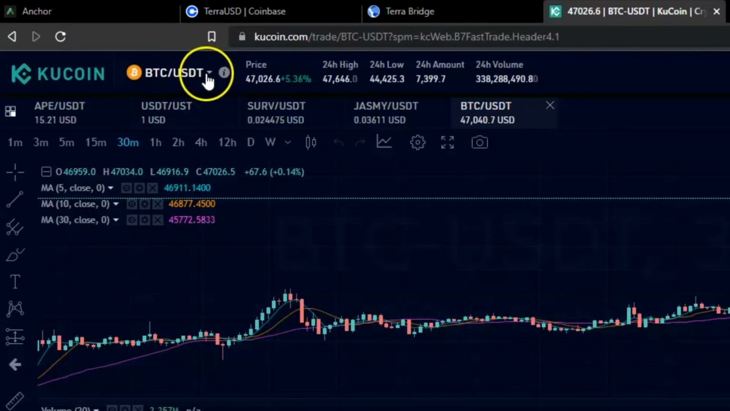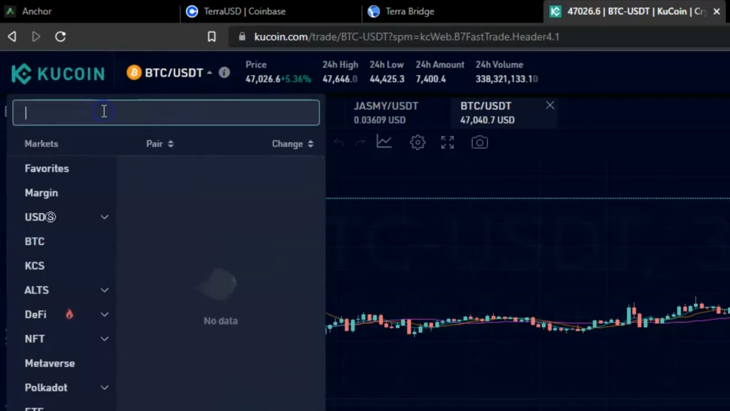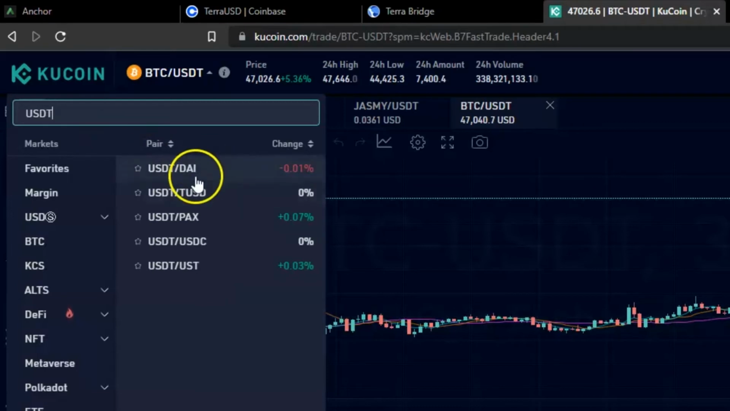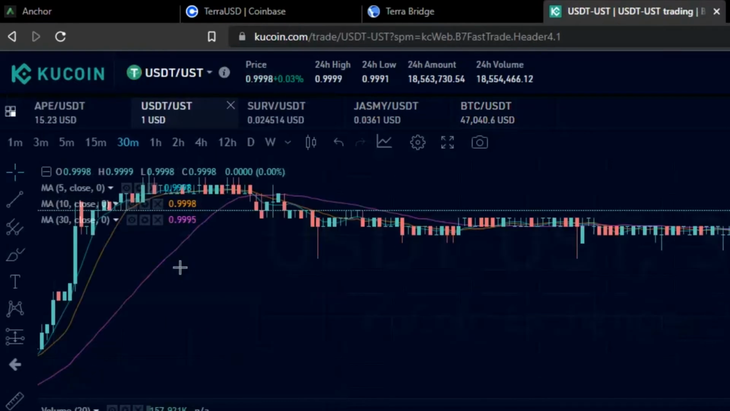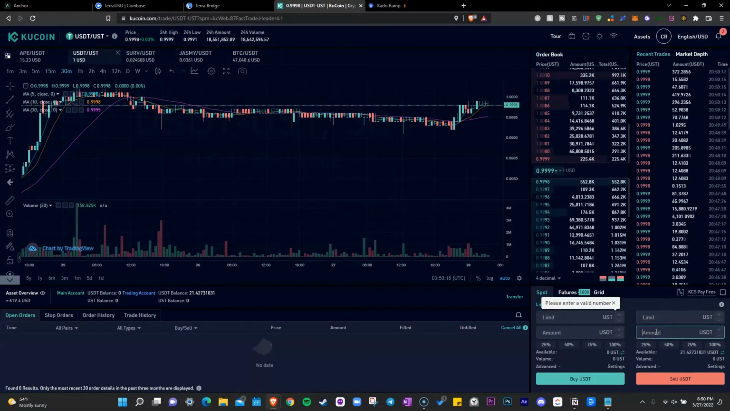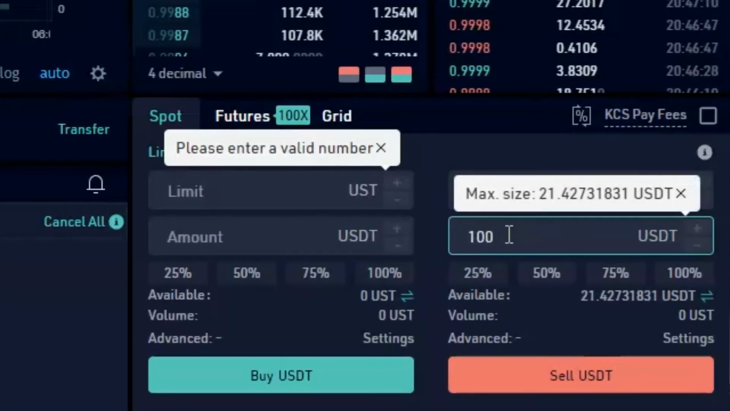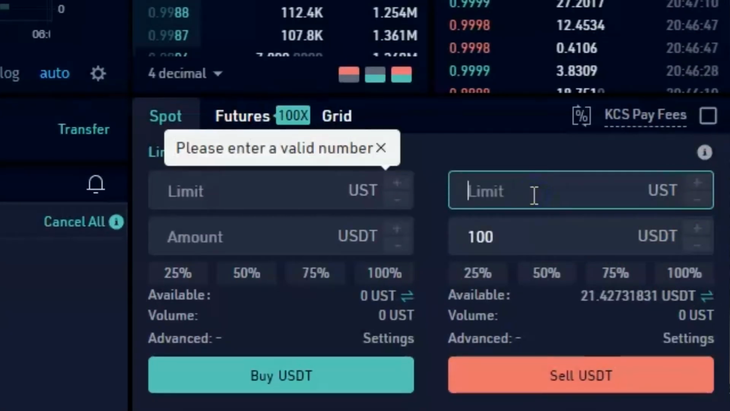And then you're going to open this tab right here. You're going to look for the pairing USDT. And then you will see different pairings with USDT, and we're going to select USDT/USD, and there you go. You're going to sell, let's say you have $100 worth of USDT, and then limit the price at $1. Now what's going to happen here is that once the price of 1 USD is reached, your sell order of 100 USDT will be fulfilled,